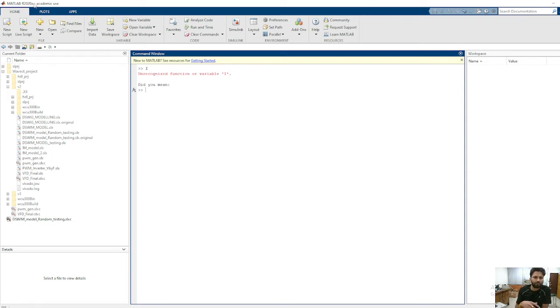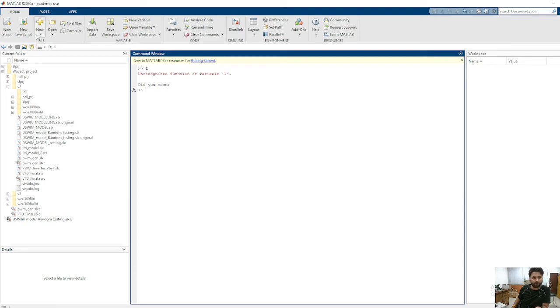After 2018 or 19, all the newer MATLAB versions are similar. So in 2020A this is the main window, and this is the command window, where if you are coding, you will be using the command window or the script.